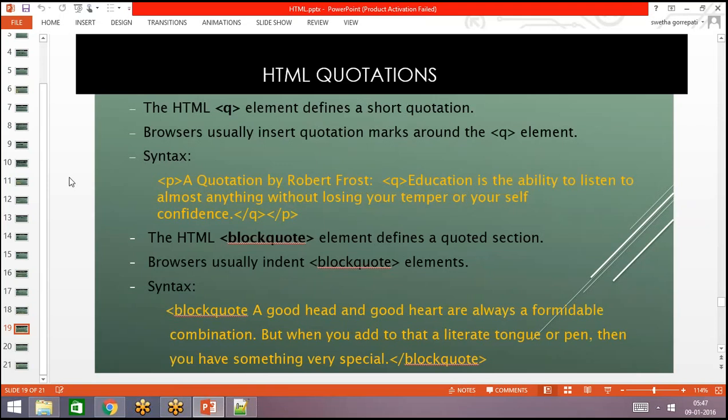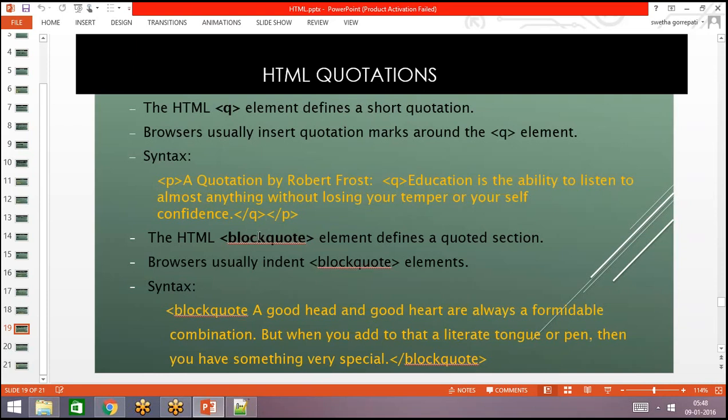And let us see how we can add HTML quotations. The HTML quotations will be added using the Q element, and when we write the code using the Q element, the complete text will be shown in double quotes.